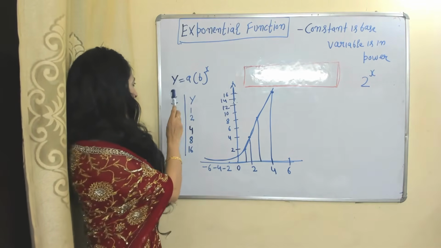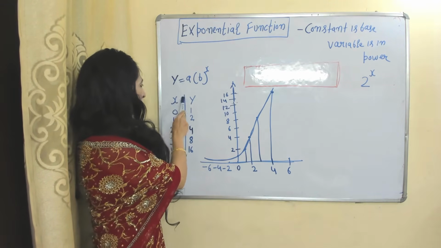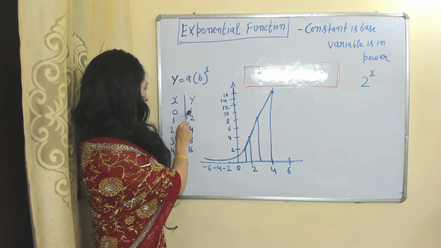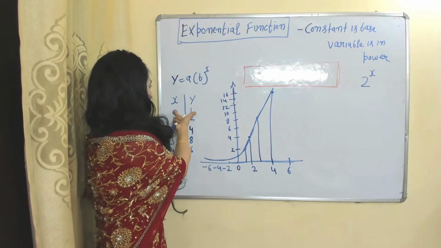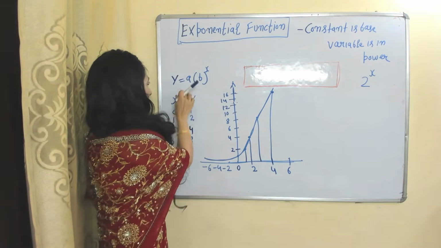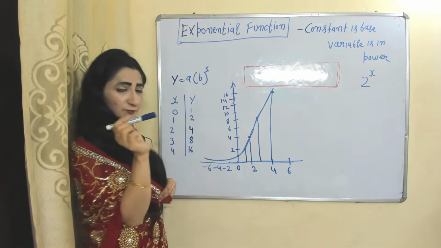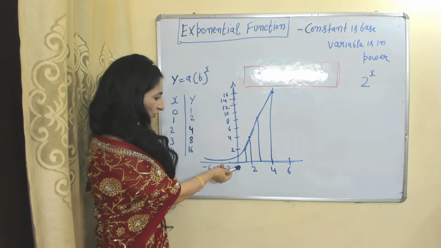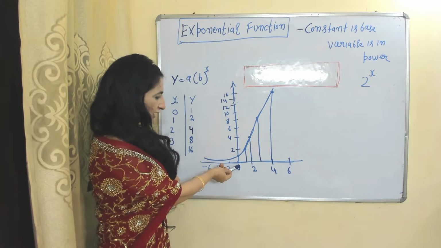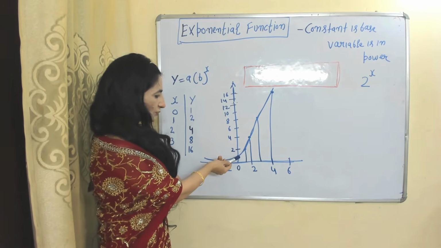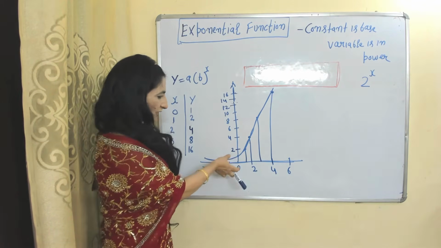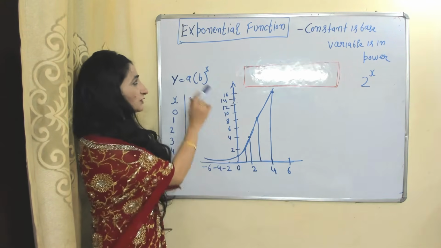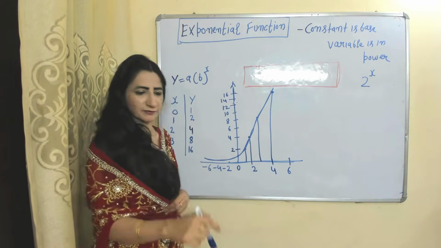So here you can see the independent variable and dependent variable. When the independent variable is 0, the dependent variable is 1. This will be called the value of A. This will be called our intercept. Intercept shows the value of the dependent variable when the independent variable is 0. Similarly, here you can see in the graph, when x is 0, our y is 1. So this part will be called the intercept. We just plot this table in this graph. It will be called the exponential function's graph.